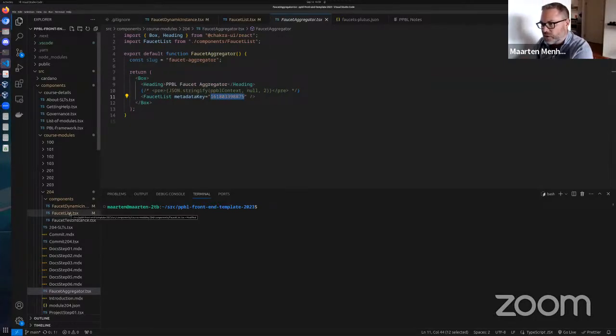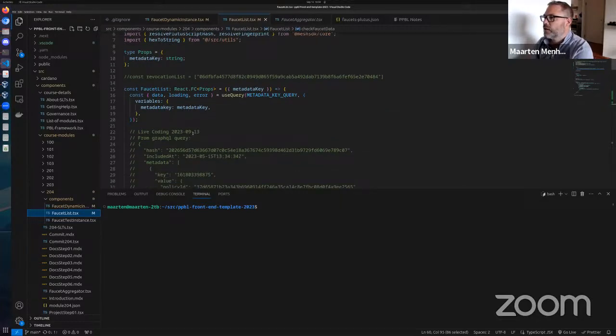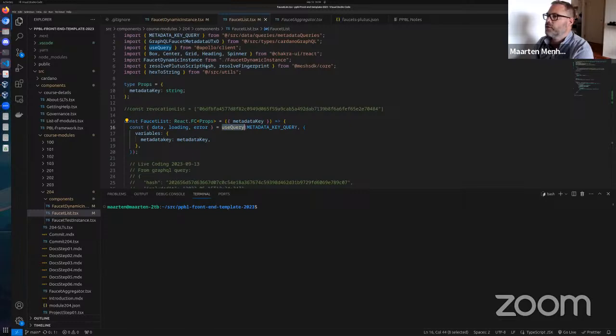So you go to the next file, the faucet list file, and the faucet list takes this metadata key and then does a, I think this is the use query, and the use query is Apollo client, and Apollo client does a GraphQL search via somewhere else.